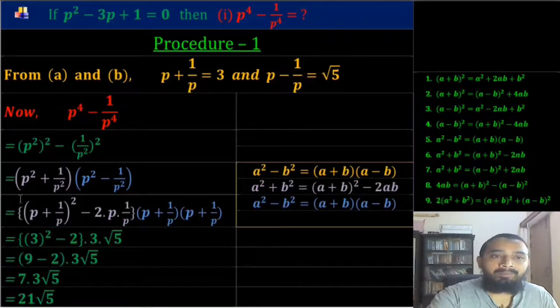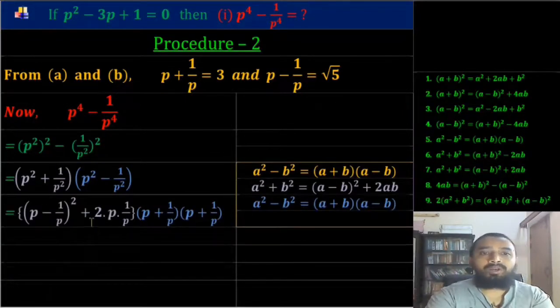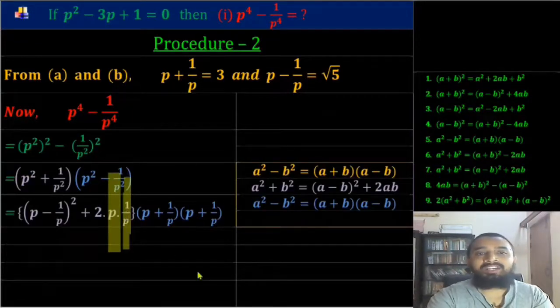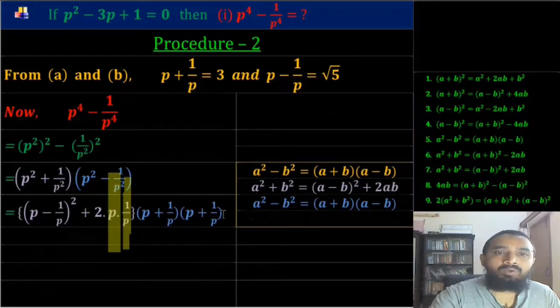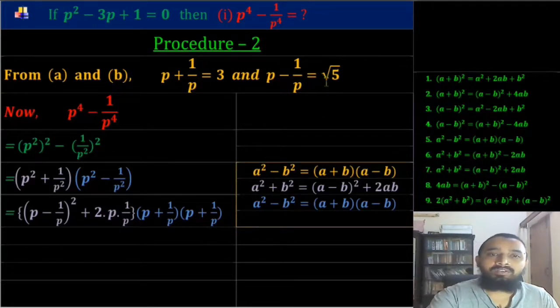We apply p plus 1 over p, but this time we apply p minus 1 over p whole square plus 2 into p into 1 over p. Here p and 1 over p omit each other. Now all we need to do, we just need to put down the value. So p minus 1 over p, value of this part is what? Root over 5. So here root over 5 whole square, value of p plus 1 over p for this portion